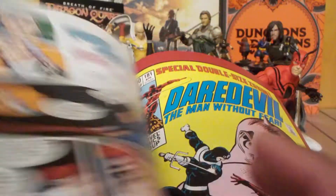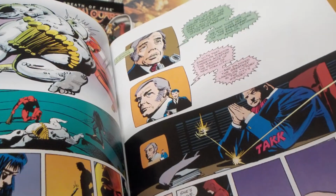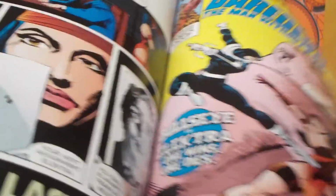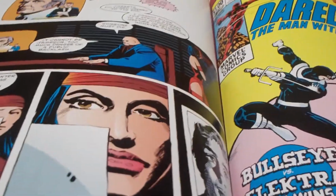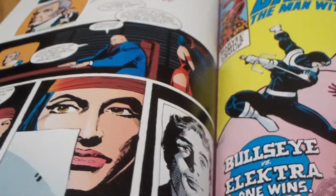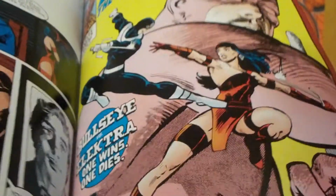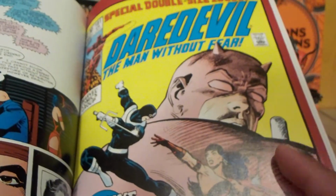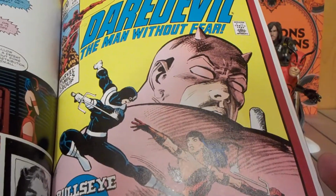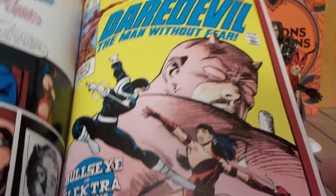Yeah. So Daredevil returns Vanessa to Kingpin. And Kingpin still wants to kill. Kingpin's after getting his wife back from Vanessa, has Elektra go out and kill Nelson, right? So here's my favorite issue in this omnibus, the Bullseye versus Elektra issue, where